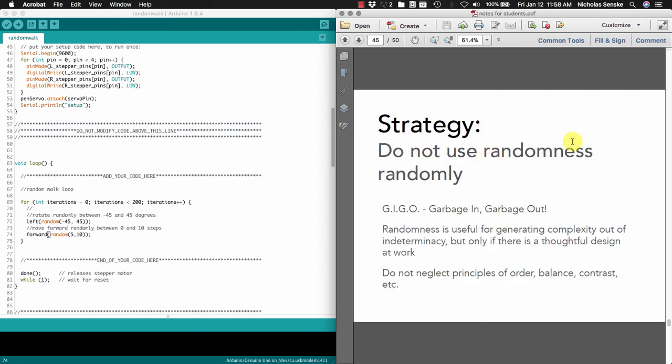So one thing to avoid is using randomness randomly. We talk about this a lot in programming, garbage in, garbage out. If you're just generating something kind of thoughtlessly, it's not going to necessarily result in a beautiful design. You still have to think about the principles of order, balance, contrast. It's a way to manufacture complexity, but you have to think about what's the range of numbers you're using,